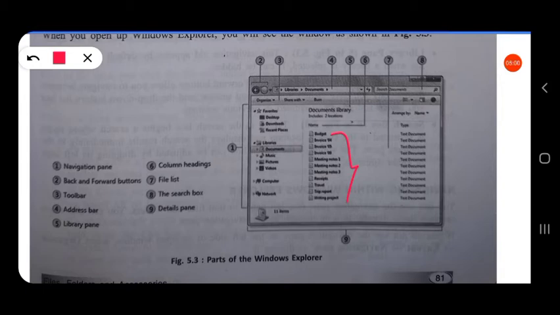Here you can see a list of files. Then 8, search box. So this is the search box. Then 9, details pane. Details about what we have opened will be shown. Here it is given 11 items are there.